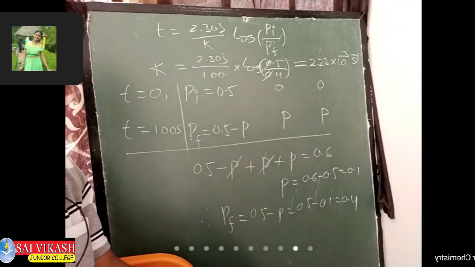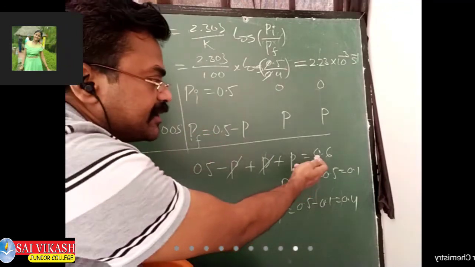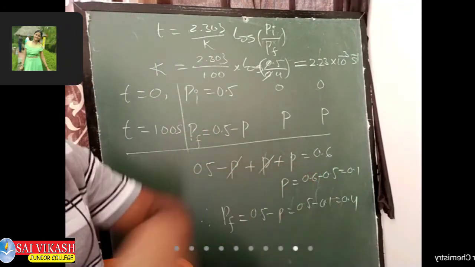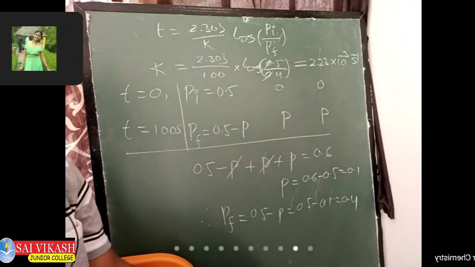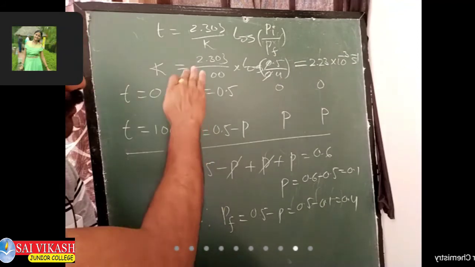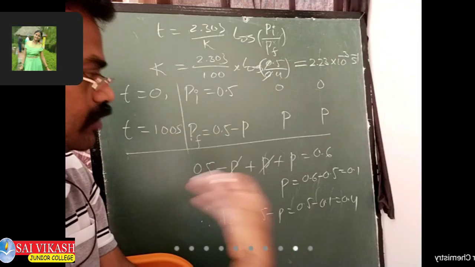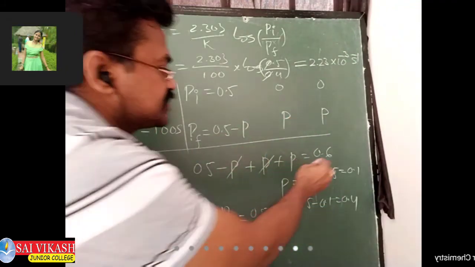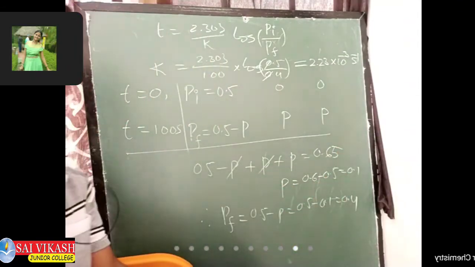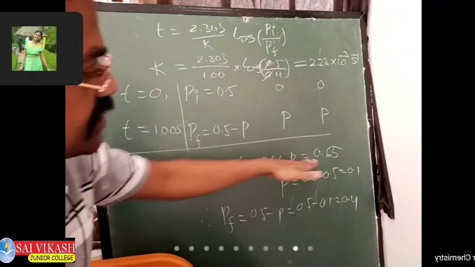We have to do something more. Earlier we took the total pressure as 0.6. But here what they are asking is, if the total pressure is 0.65, what is the rate? What do we do now? After this there are some extra steps. If the total pressure is 0.65, it means the sum of all these pressures is equal to 0.65.